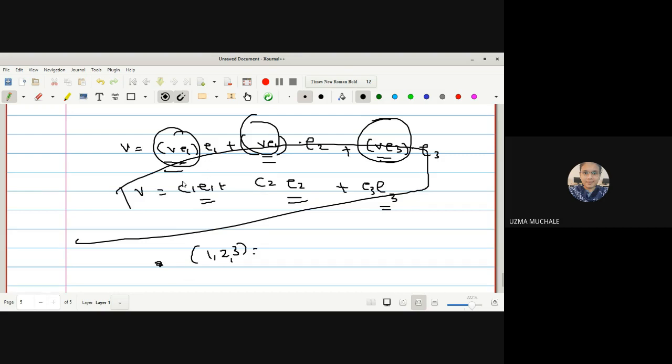We have already proved this somewhere. That is, any vector field can be written as a linear combination of Vi, Ui. Instead of that, now we are doing it for any unit vector. So C1 E1 plus C2 E2 plus C3 E3. Simply we want to prove V(E1) is C1, V(E2) is C2, and V(E3) is C3. If we prove this, we get the result. Okay.